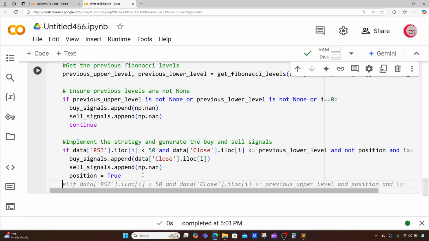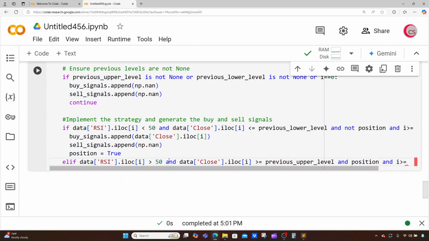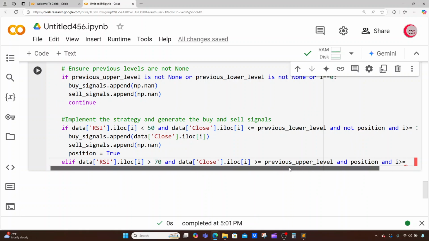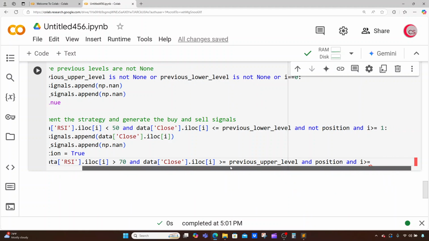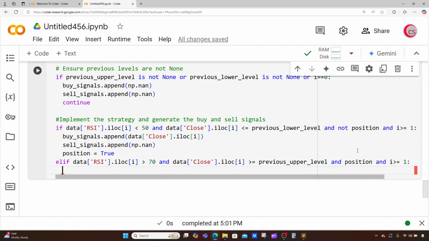So I kind of like what Google put here. I'm just going to tab over, change a few numbers. So instead of 50 here, I'm going to put 70. And yes, so now if the RSI is greater than 70 and the close price is greater than or equal to the upper level, and we have a position, and i is greater than or equal to 1, then I